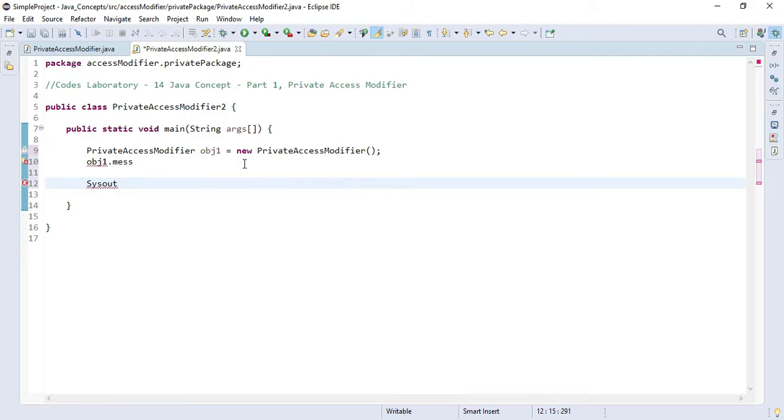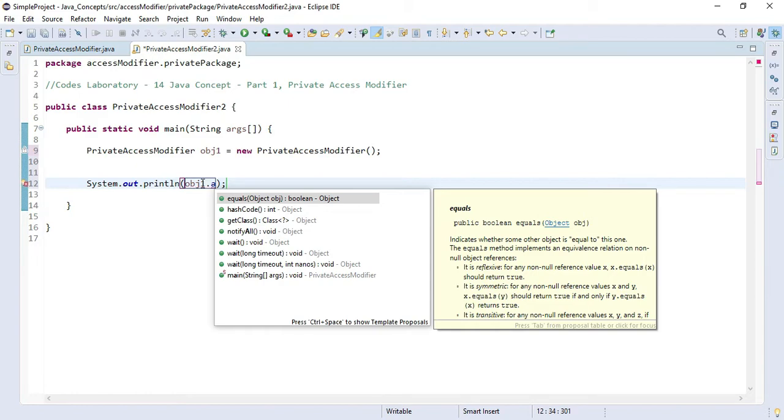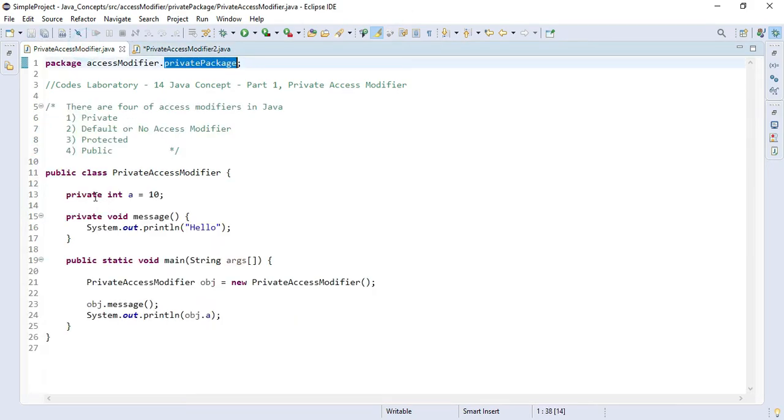Because of this error it is not letting me write the line. With the help of this, obj1 dot a, as you can see it is also not visible. Why? Because we have created this variable and method as private. So this was the first way to access our private method.